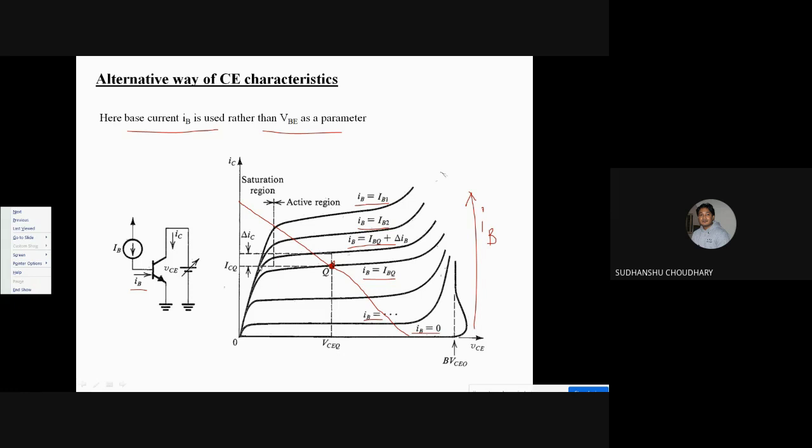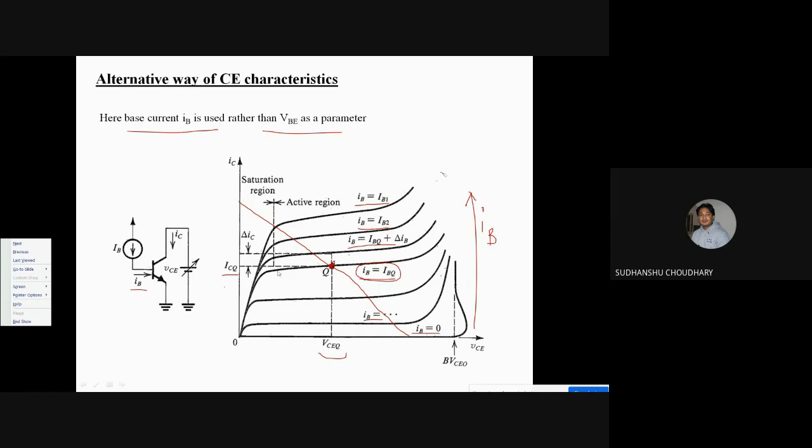Now IB, that is the value of the current source that is required to produce this much collector current and this much collector to emitter voltage, would actually be the biasing current source, right? The value of the current source would depend upon the collector current at the Q point that it produces and the collector to emitter voltage at the Q point. After biasing this circuit at this Q point, one can think of using this circuit for amplification purpose.